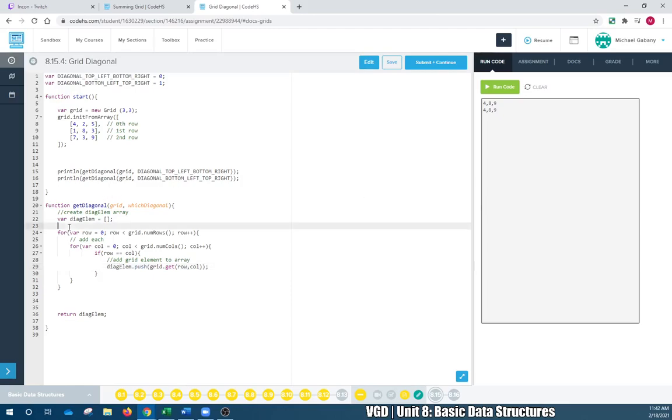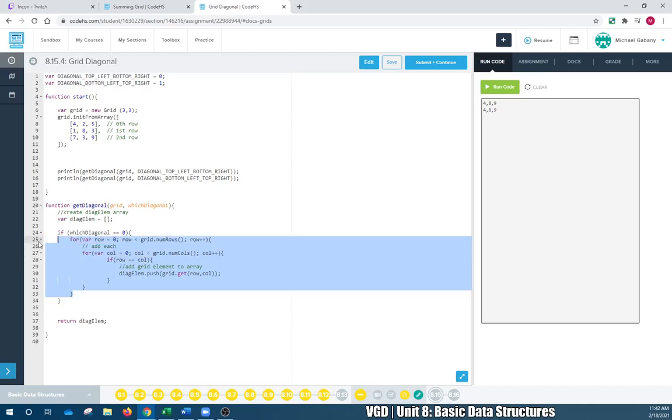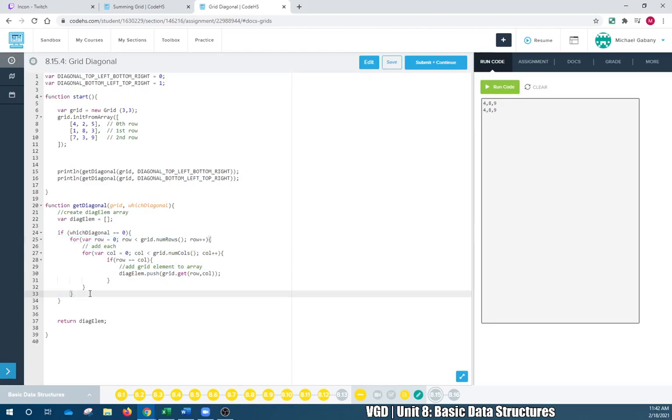Okay. I need an if statement. If which diagonal, right? If this equals 0, because what it's doing is it's only returning 1. If which diagonal equals 0, it'll actually do all of this. And we're going to return